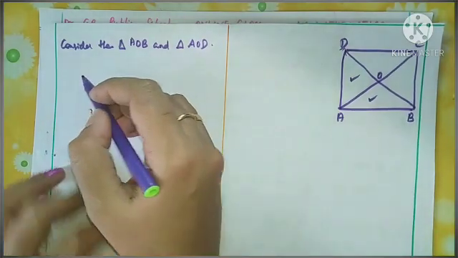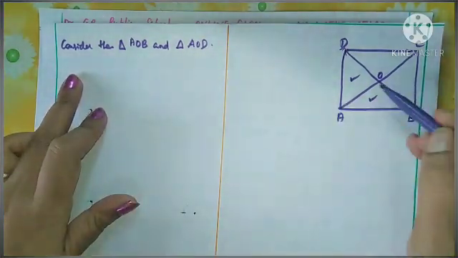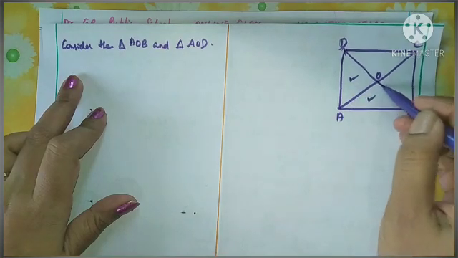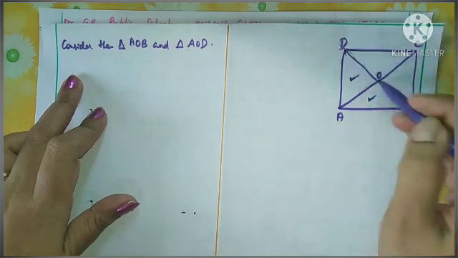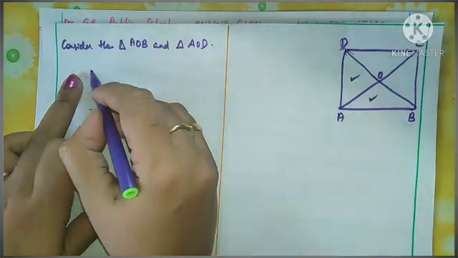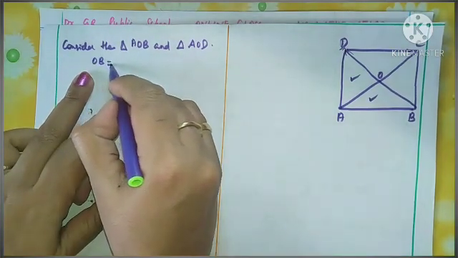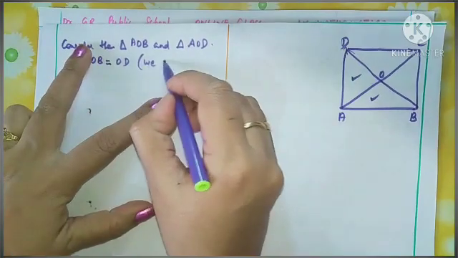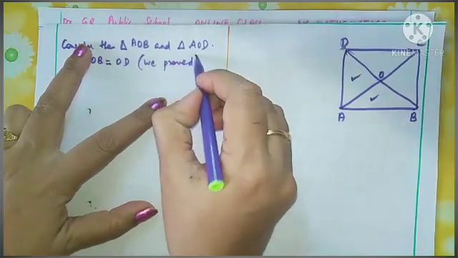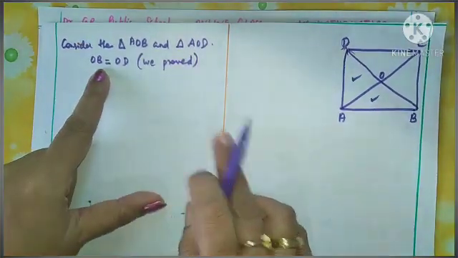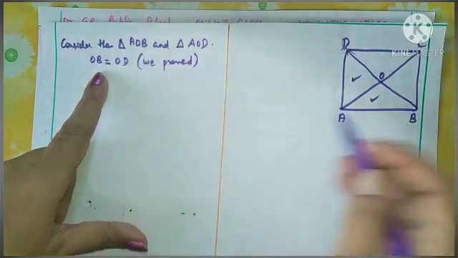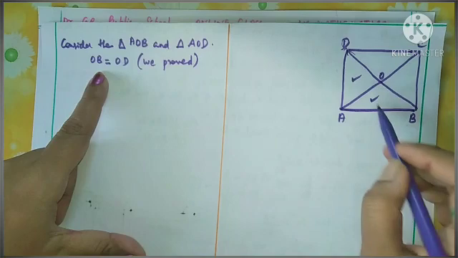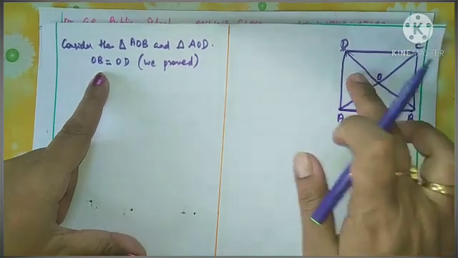So we can say one by one what are the common sides. In these two triangles, you see in the previous part we proved OB equal to OD because they are bisecting each other. So you can write OB equal to OD, we proved, correct? We proved in the previous part. They are bisecting each other. Now, what about this side? BA in these two triangles. Okay, you see only these two triangles.